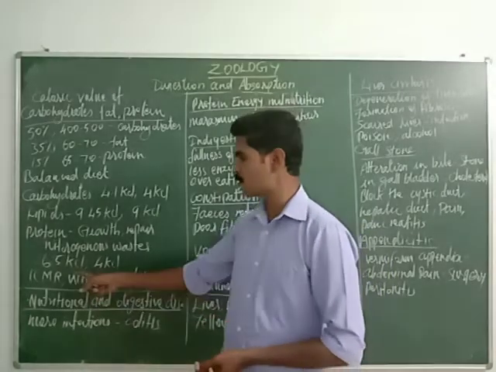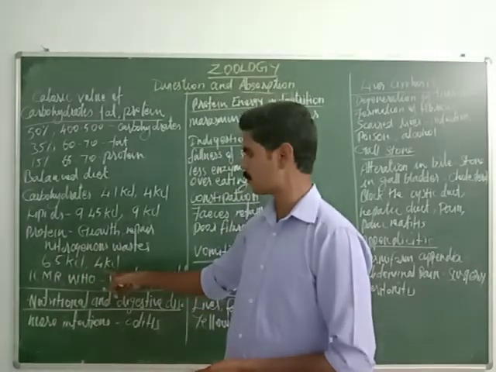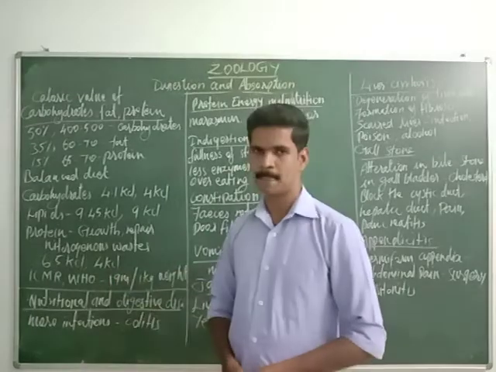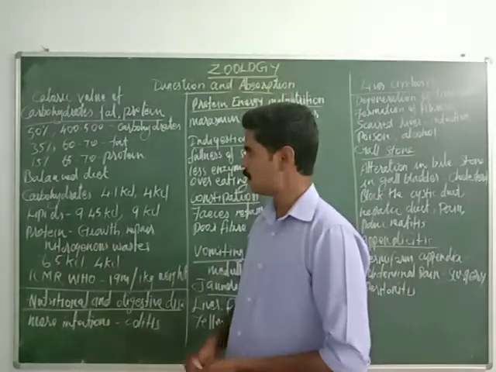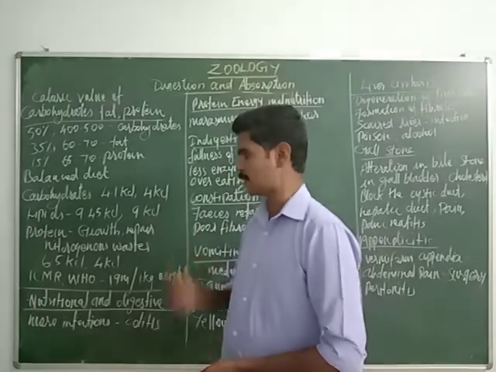Now we are going to study the caloric value of protein. The caloric value of protein is 6.5 kcal and the physiological fuel value of protein is 4 kcal. Understand, my dear friends? Now we have completed the calorie value of carbohydrate, lipid and proteins.